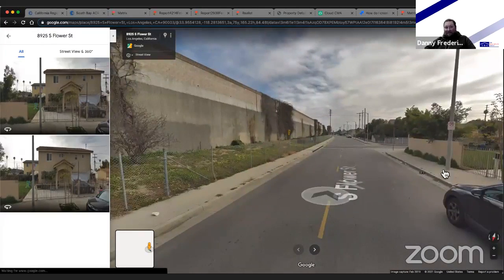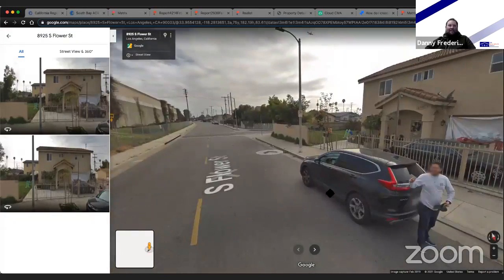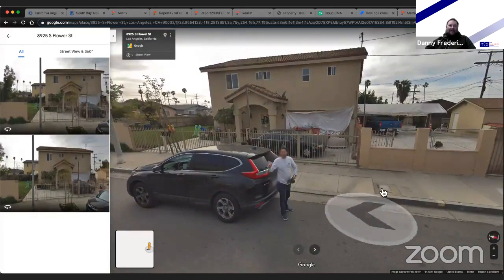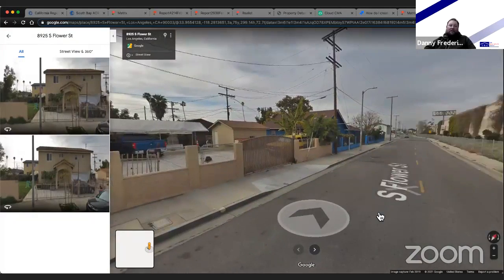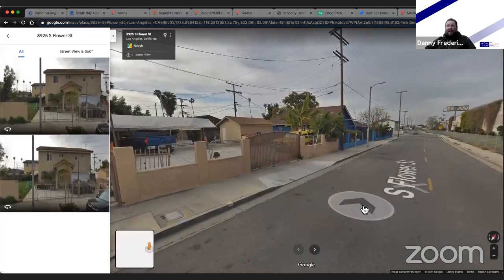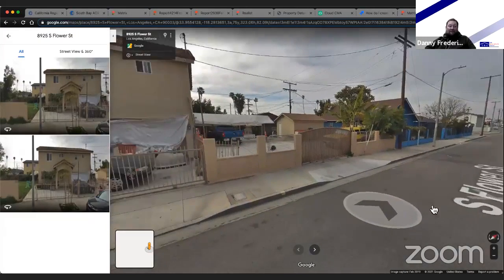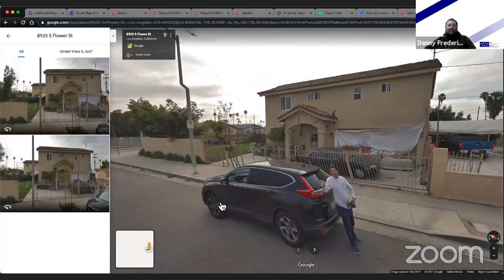And the worst part about this area right here is you've got the freeway. I mean, you can literally throw a rock to it. So you're going to have freeway noise. What's interesting about properties that are in freeway areas or lower income neighborhoods is they're not going to appreciate as much as beach properties. So when they start really going up in value, you're going to have to start putting more money down. Obviously, if the inventory stays like this, the values are going to sustain and there are going to be appraisals of